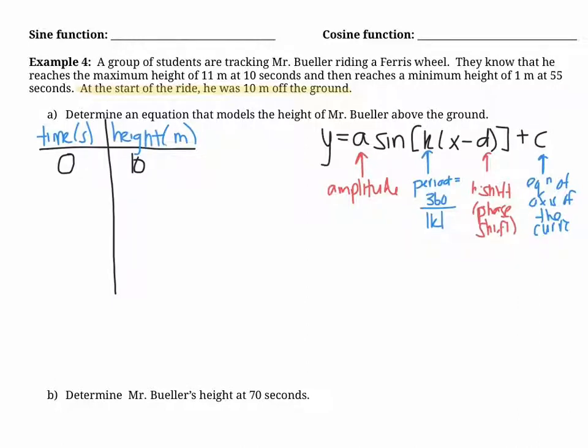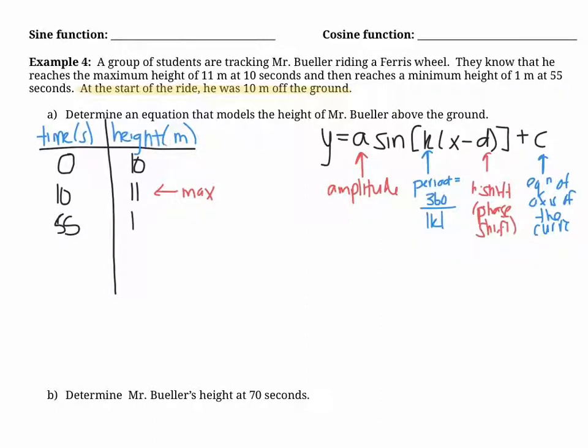So let's write that in. At 10 seconds, he reached a maximum of 11 meters. So I'm just going to make a little note that that is our max. And then he reaches a minimum of 1 meter at 55 seconds. A minimum of 1 meter at 55 seconds. 55 seconds,